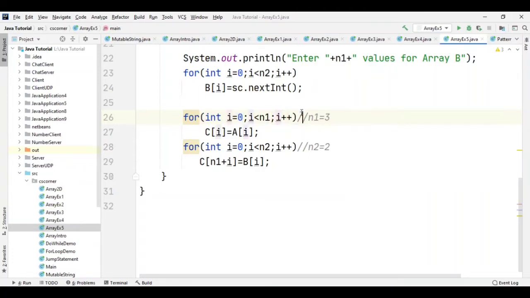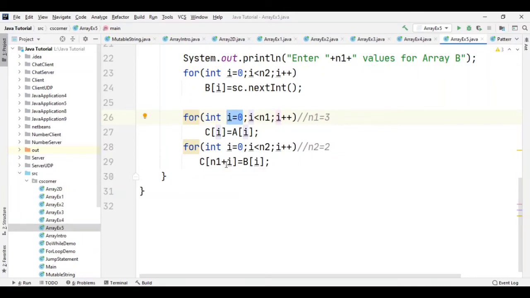So what will happen, where is the position for the next array? It is at position 3. The second for loop will run, and there I have n1, and the value of n1 was 3 because it has executed up to 3. So 3 plus 0 gives me 3, and that is the position of the first element of the second array.